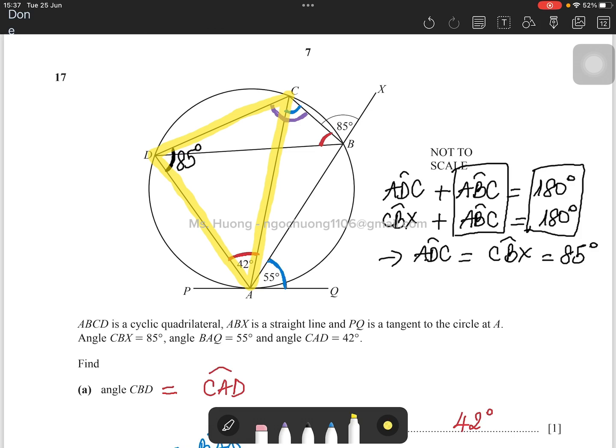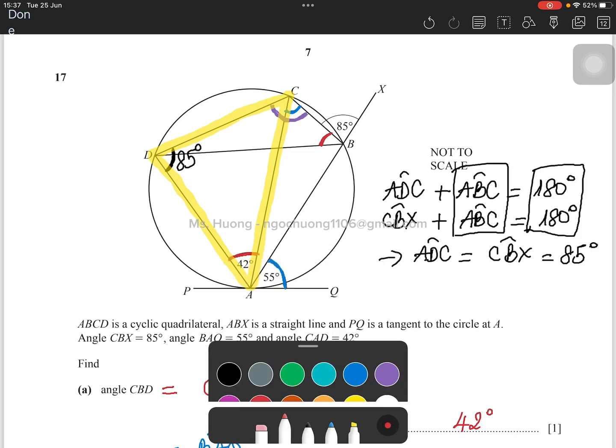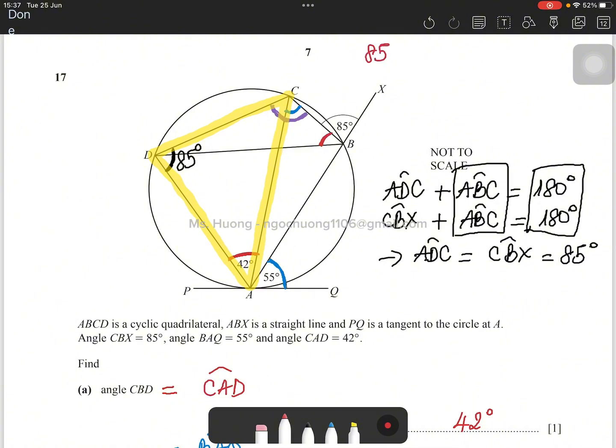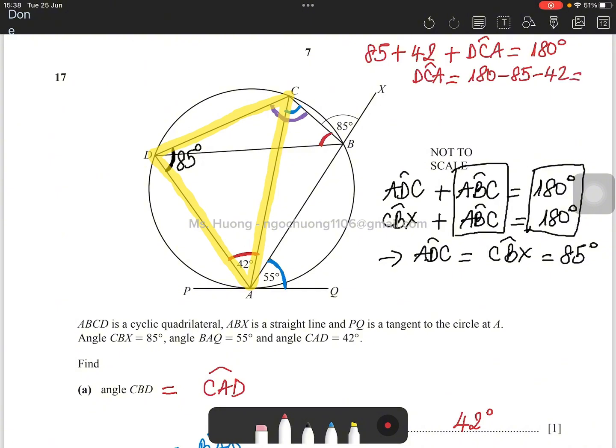You see that 85, angle D, plus 42, angle A, plus DCA is equal to 180 degrees, because they are the angles in a triangle. So DCA equals 180 minus 85 minus 42 equals